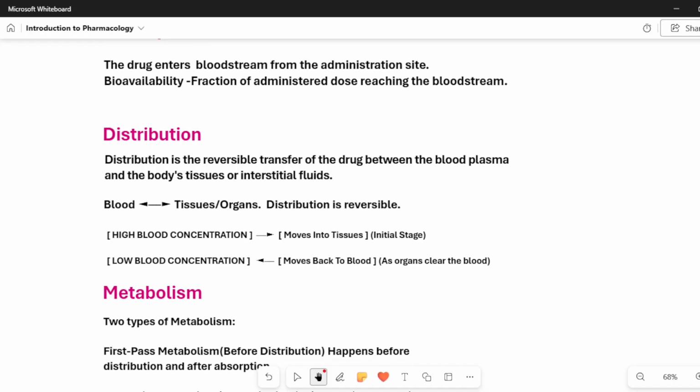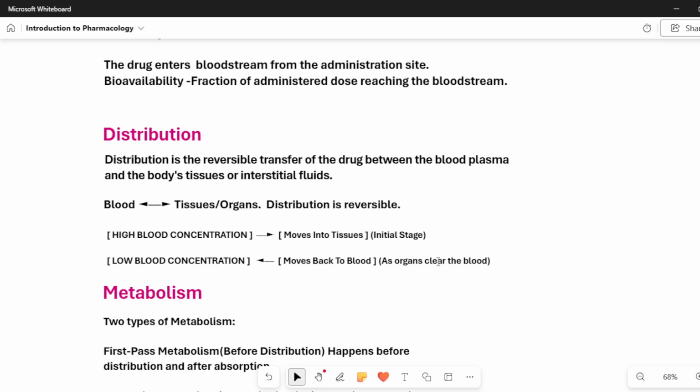So how does that happen? Initially, the blood has a high dosage of the drug, so it moves into the tissues. As the organs clear the blood, once it enters the kidneys, liver, the organs no longer require the drugs. So here the symptoms or the disease is getting cured, so the concentration of the medicine is reduced.